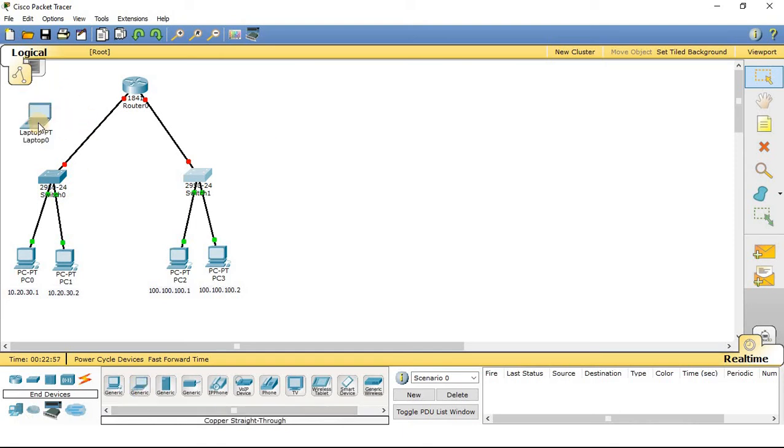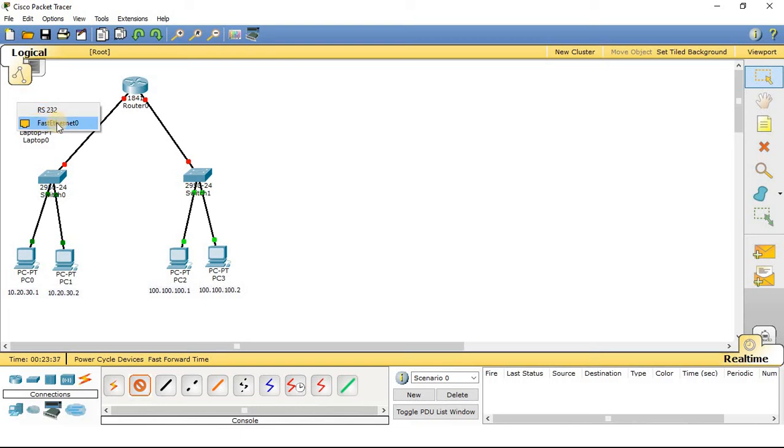Now I will connect this laptop with the router. So as we have learned in the VLAN portion, that to configure the switch we have taken the console cable. Here also to configure the router we have to use this same console cable. So I will take the console cable from this connection tab, and one end of the console cable I have to connect with the laptop. So this port I have to connect this particular cable. So this is the LAN port.